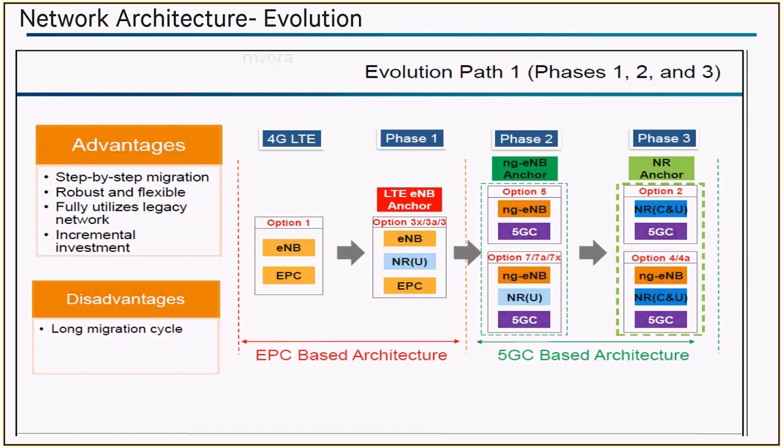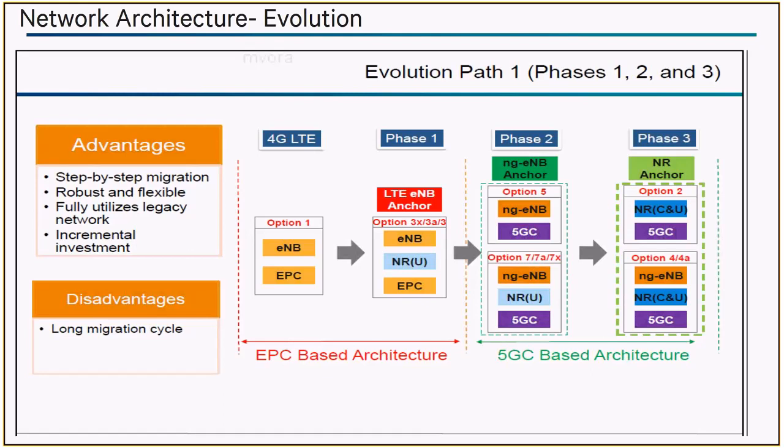Okay, so moving on, essentially how an operator can move from a 4G-only network to a 5G network. You have an eNodeB and an EPC, which is your standard 4G LTE network. You add an additional node, an NR base station or a card in your existing LTE base station which supports NR user plane, and you are ready for option 3 non-standalone. The terms I'm going to talk about, like option 3, option 4, option 2, we would discuss in a couple more slides, so we can hold on to that. But what it essentially means is an operator, just by adding one additional base station unit, can migrate to 5G.